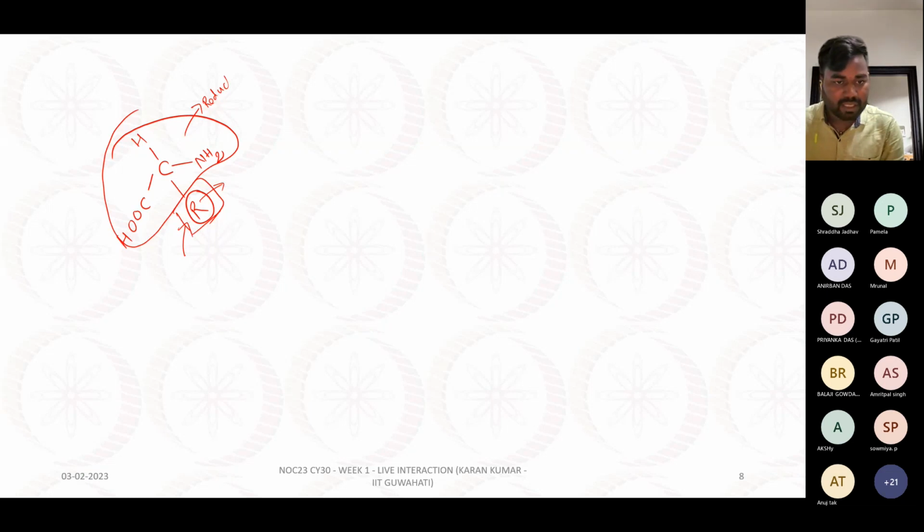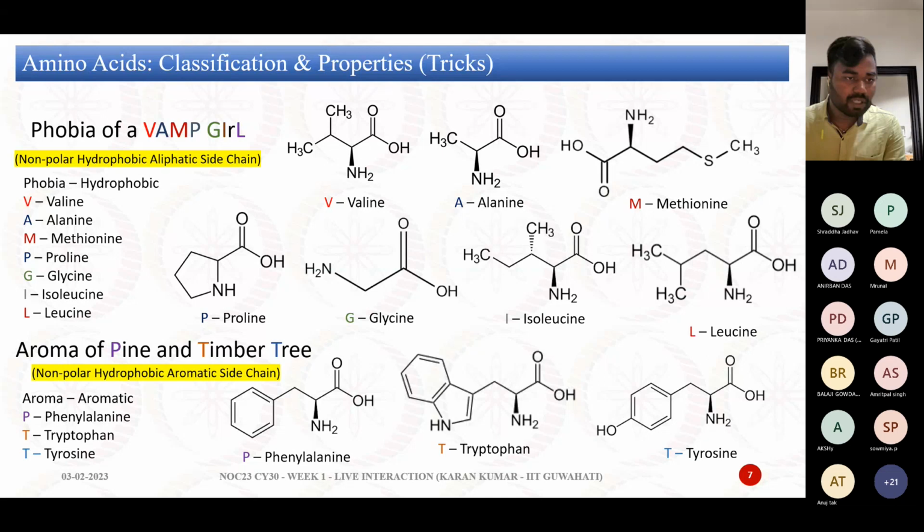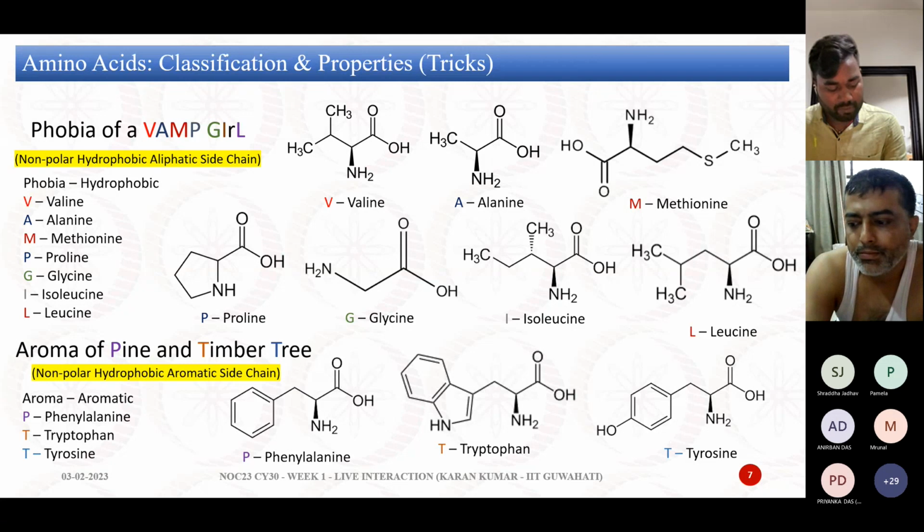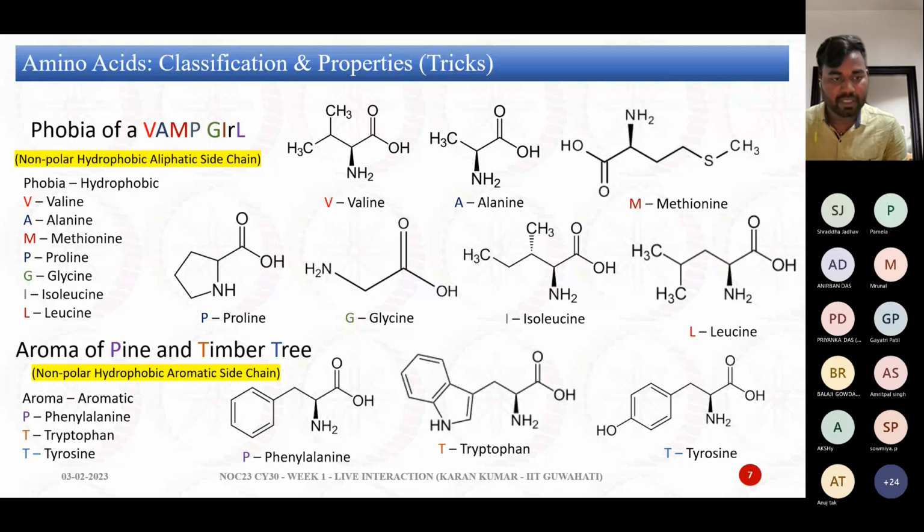So that is why we mostly focus on the side chain, since the properties are defined by it. The side chain also tells where this particular amino acid is located, whether on the surface or inside the protein, in the compact form, what their size will be, and what their charge will be at different pH. So all these things depend on their particular side chain.